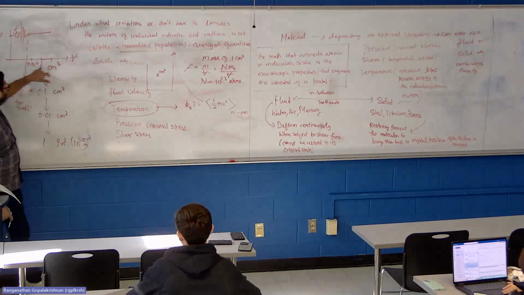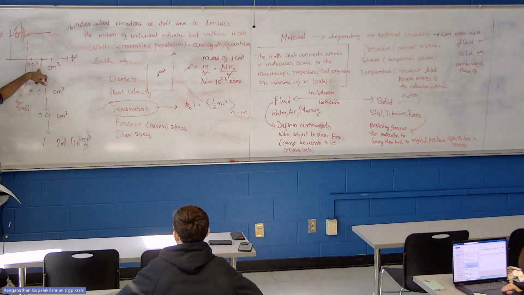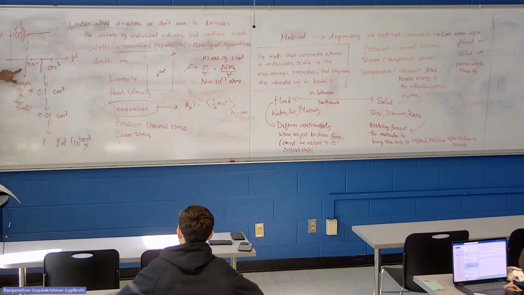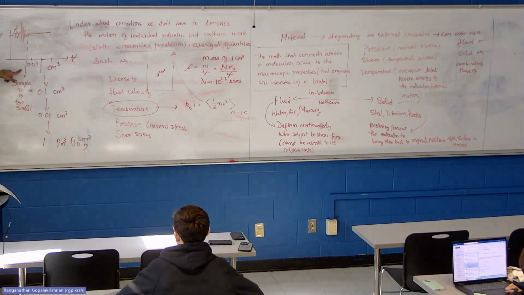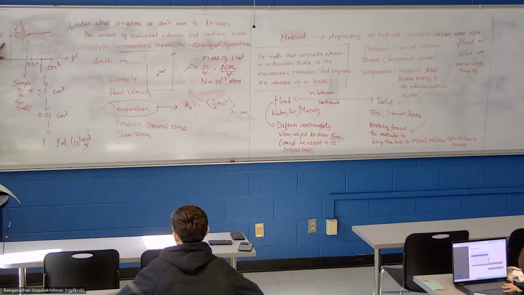You take 1/10 of a centimeter cube, you will still find enough atoms. But if you keep going smaller and smaller, at some point you will not find a consistent number of atoms that will give you the same density. Okay, so the condition is,